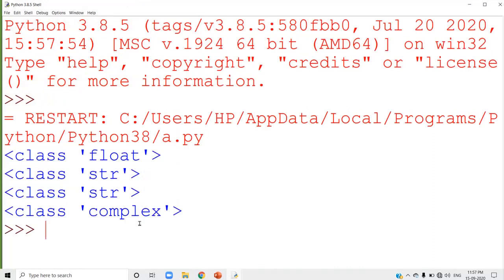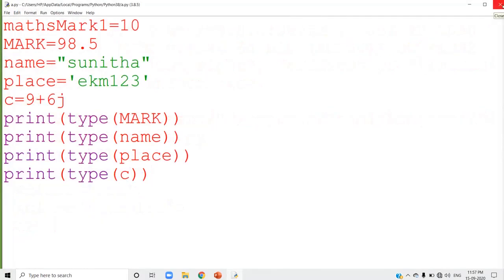That means the data type of that variable is complex. They are complex numbers, which is why it is displaying the answer as complex. So what we studied is that in Python there are 4 different data types. The first one is numeric. Numeric is again categorized into integer, float and complex, with 3 examples mentioned there.